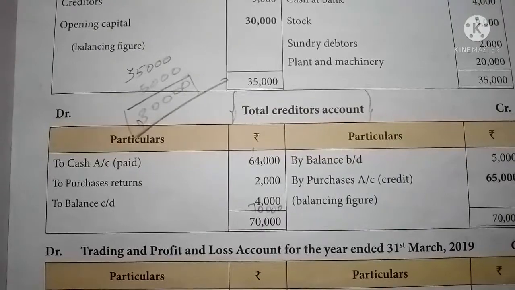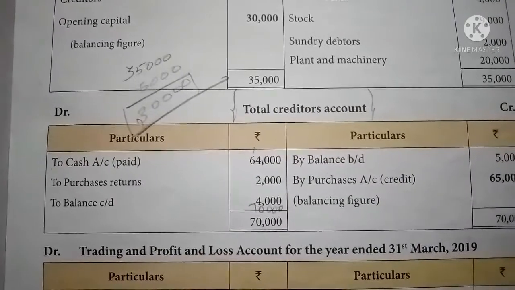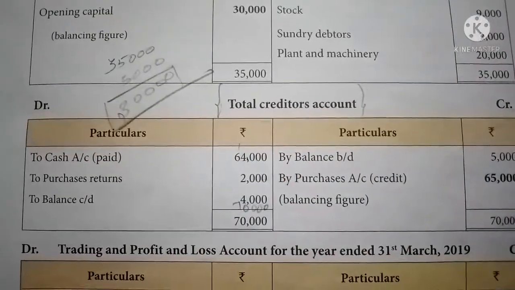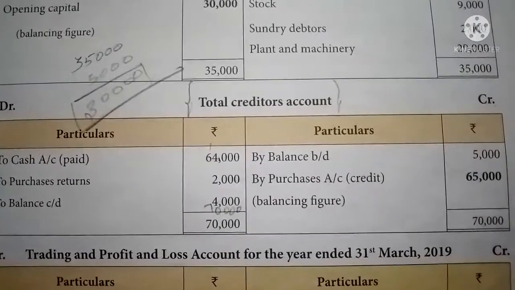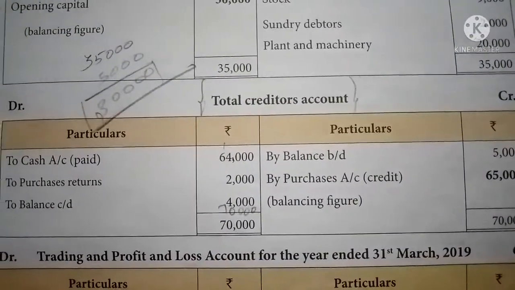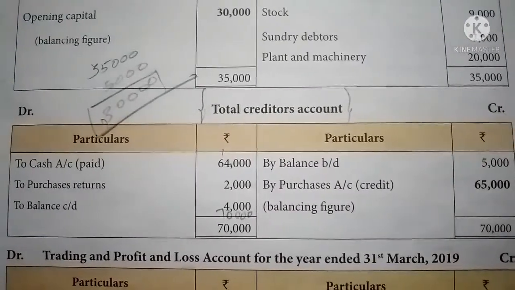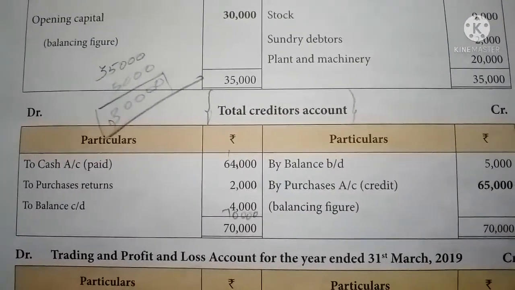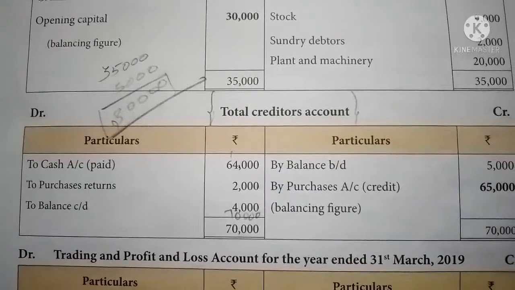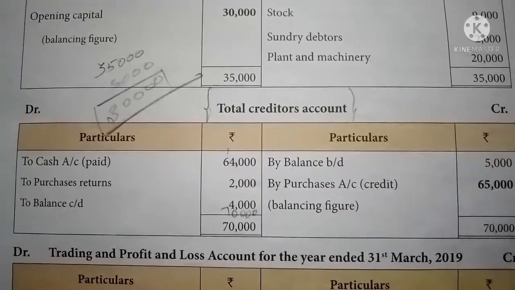Write the same amount on the credit side also. From 70,000 you subtract 5,000, that is the opening sundry creditors amount. The balance is 65,000. That 65,000 is assumed as purchase, that is, credit purchase is assumed as total purchase, because in the given example sum there is no cash purchase.